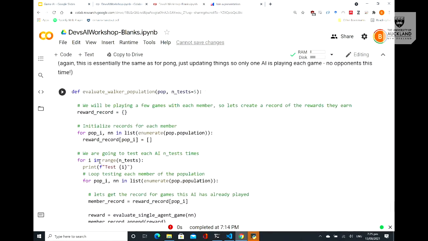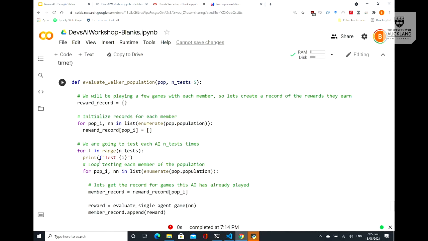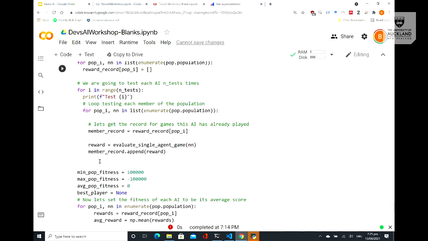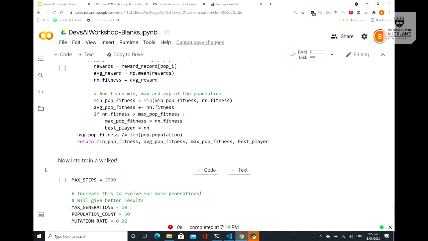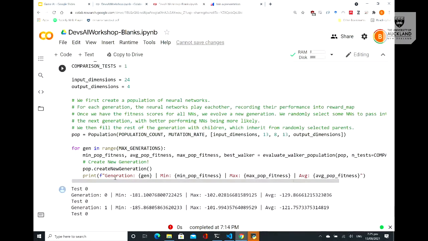And then again, we have code to create a population of these walkers. We have a function that just loops over them and evaluates them all. Before in the Pong, it was a tournament style thing. And this one, it's a lot simpler. We just take these walkers, put them on the field, and tell them to walk forwards, and we record how far they went. That's all we need to evaluate these guys. And then we just have the same training loop as before. We evaluate the population we have, create a new generation, evaluate the population, new generation. And this new generation is the same function we used before in Pong. And we can train